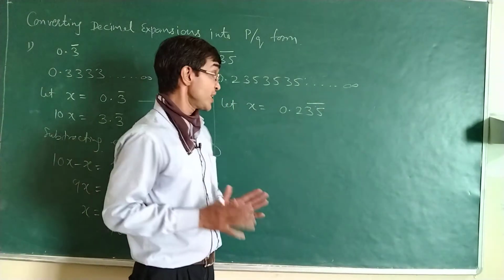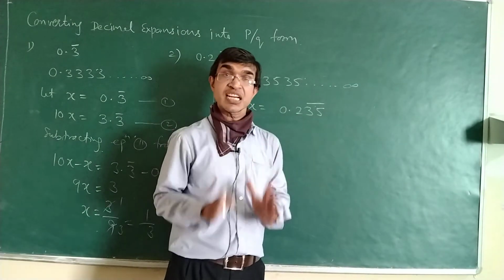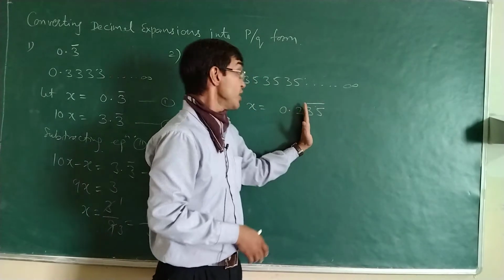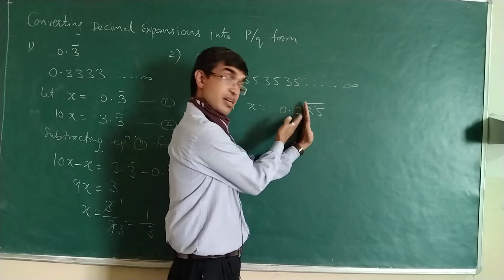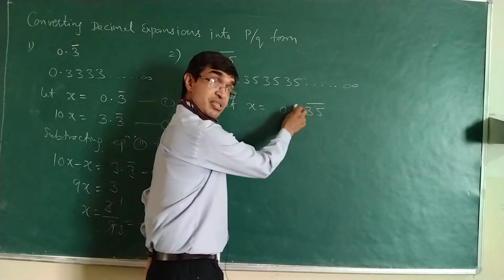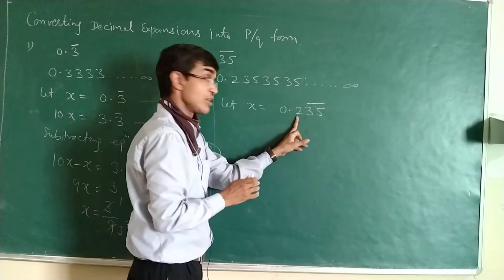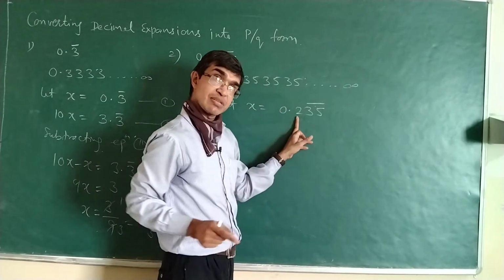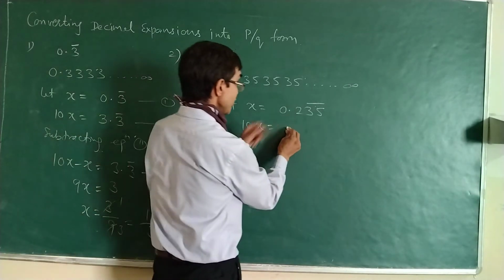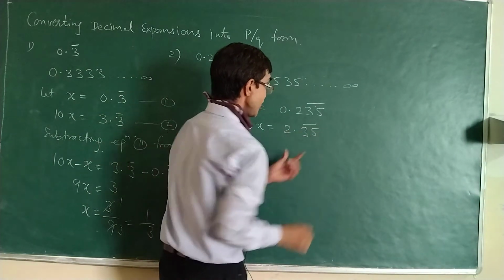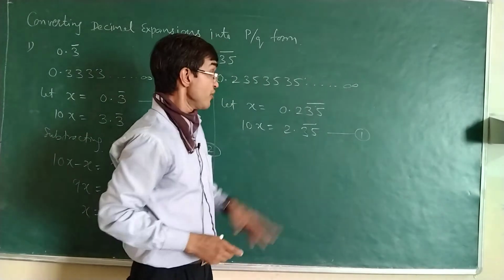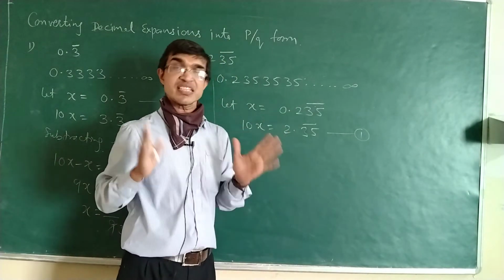Now first you want to see from which digit the recurring is starting, means where the repetition starts. So this 35 is recurring. So first take the number before the decimal. If only 2 is there, you just take it before the decimal. Only one digit to take before the decimal, so you multiply by 10. So here 10x will be 2 and this is now 35 bar. When you get this type of equation, where after the decimal only recurring digits are there, make it equation 1.